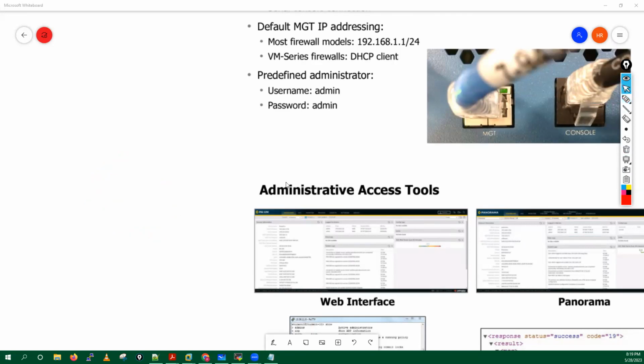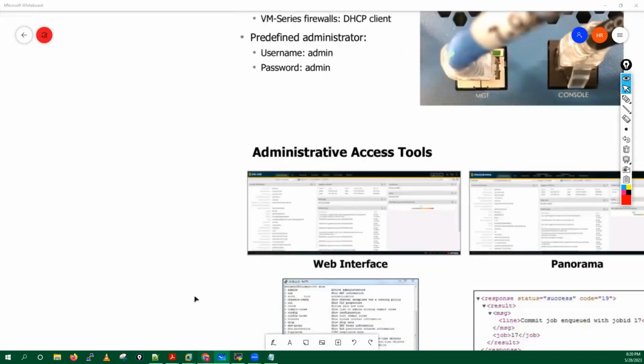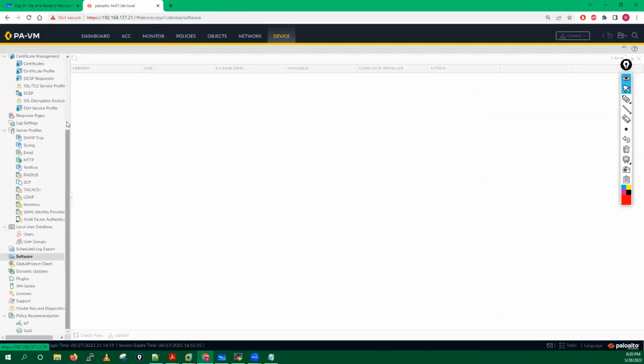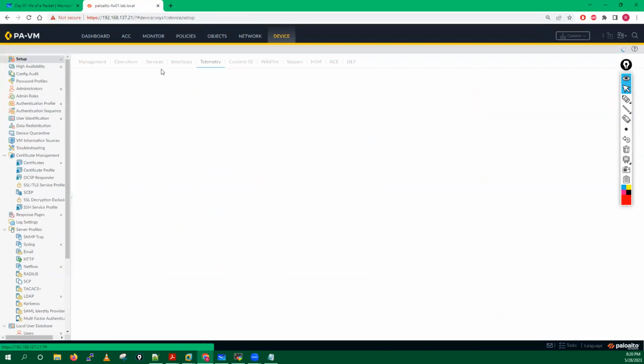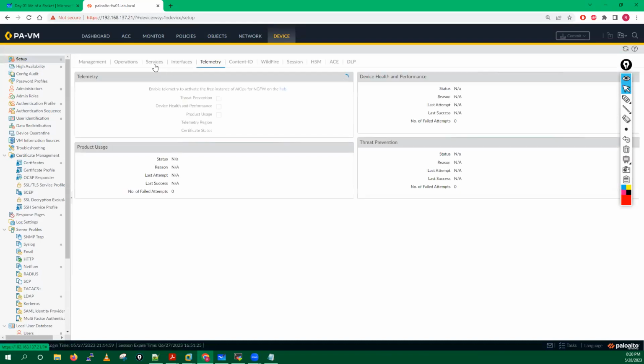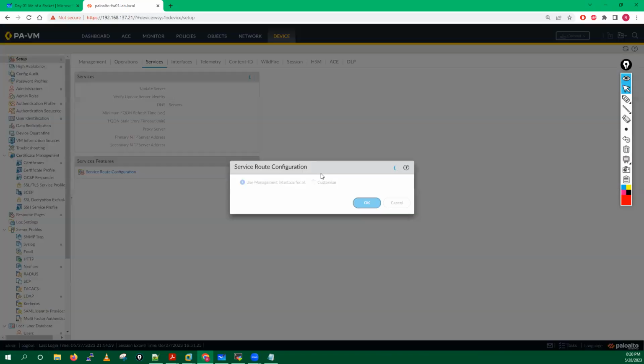And what if you have configured any type of email polling and other things, any type of alarm and other things, that traffic also you can send. So let me tell you what type of traffic generally we will forward through the management port. You can go into the service route configuration,